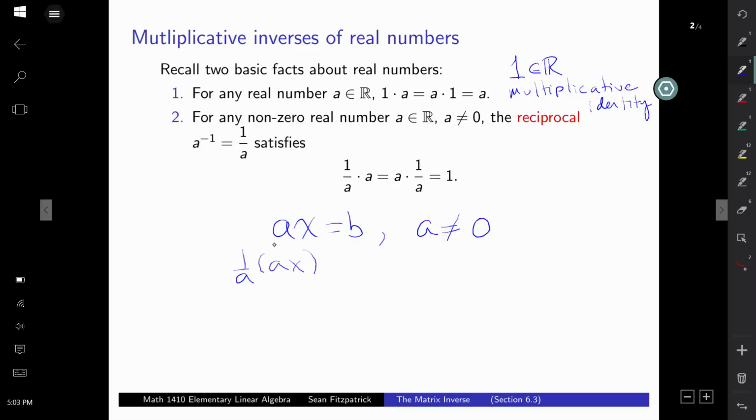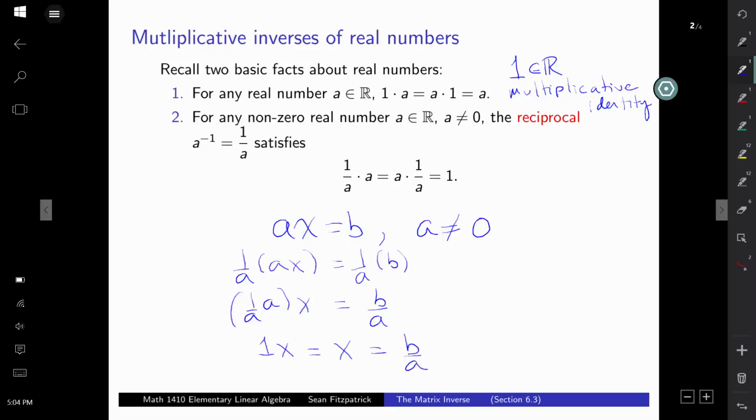1 over a times ax is 1 over a times b. Then, on the left-hand side, I can regroup using associativity. This is 1 over a times a, times x. On the right, we can write that as b over a, which is how division is defined. And so 1 over a times a, as noted above, is 1, so this is 1 times x. And since 1 is the identity, 1 times x is just x, and we get that x is equal to